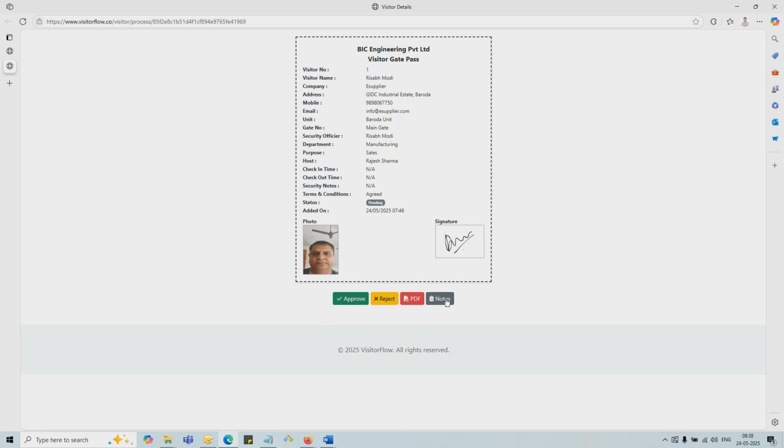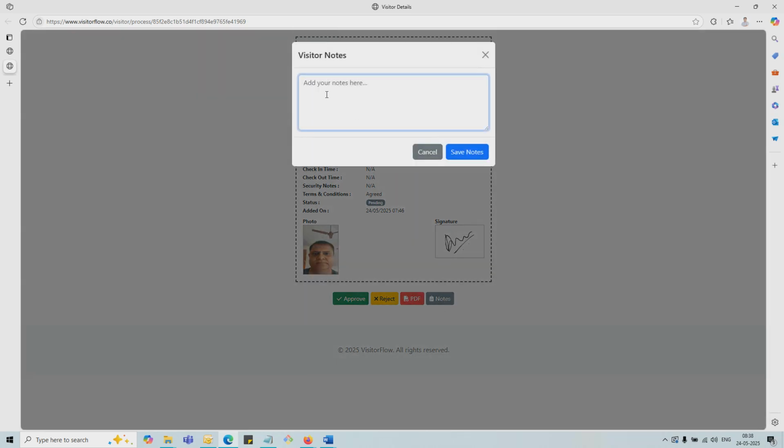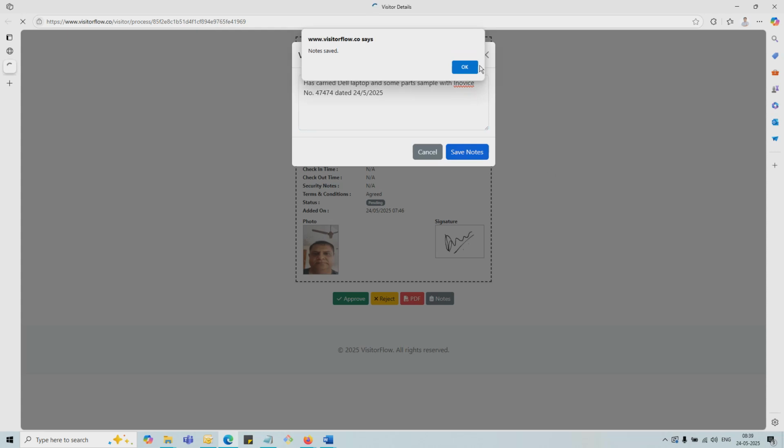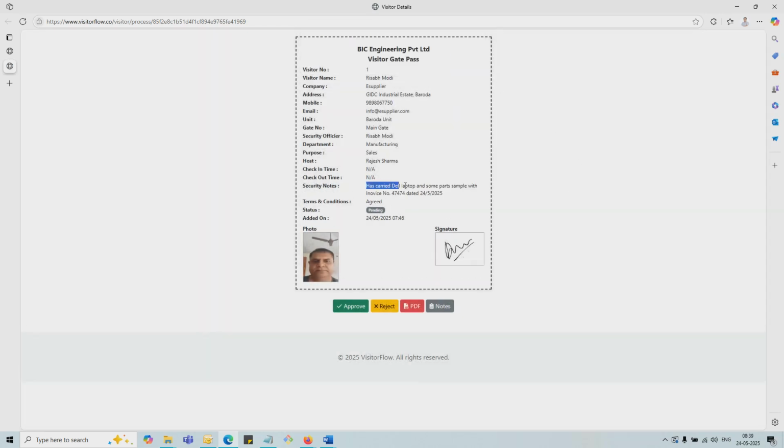The security team can also add notes here to the process. Say, for example, the visitor has carried a Dell laptop and some parts sample with an invoice number, dated. So you can add this kind of notes also to the visitor pass. So you can see that a note has arrived here. Now the security team can also approve or reject it, but let's go one minute out of that and see